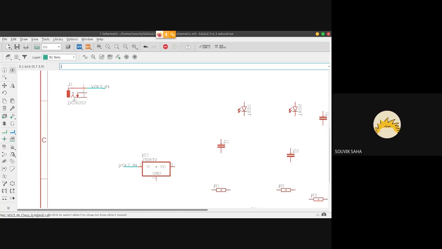So what this enables us to do is you don't need to connect all the wires and make a huge crisscross mess on the board. So now suppose you want to move this component. If I click on move, then you will see that it is not moving the wire. The wire is fixed to one position. So say you want to move this entire setup. So what you need to do is click on move this group icon over here,